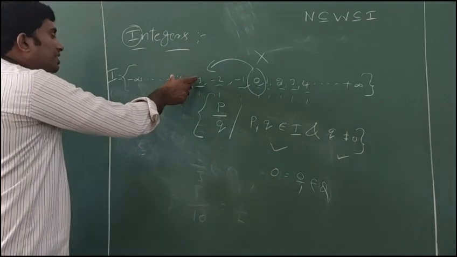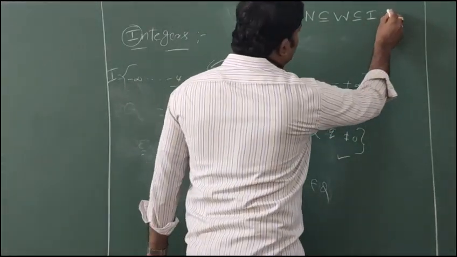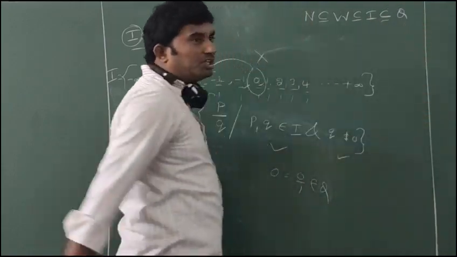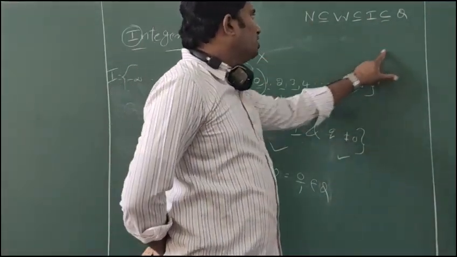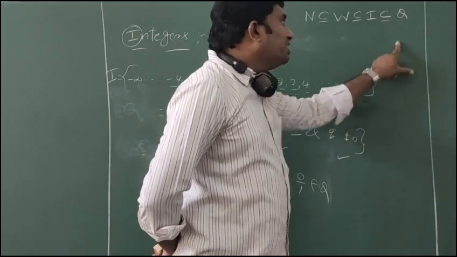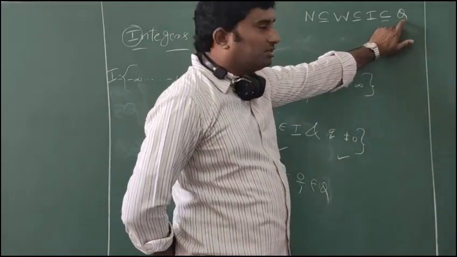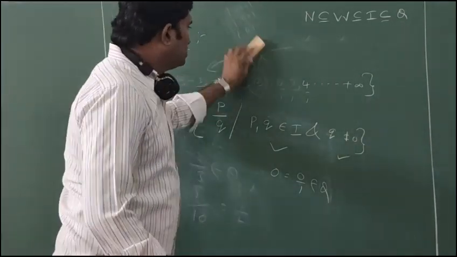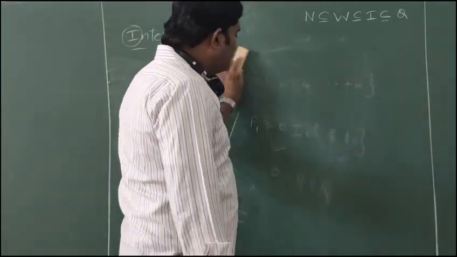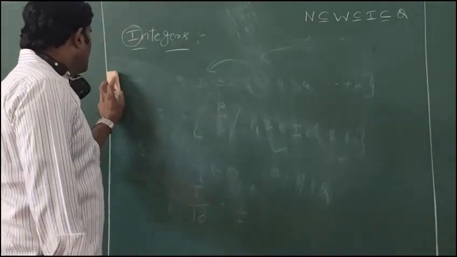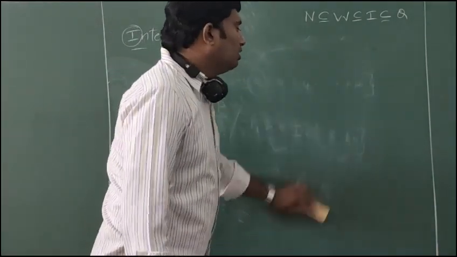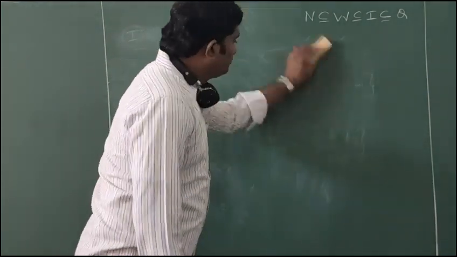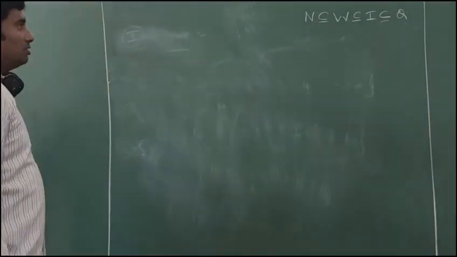So every integer is a rational number. Therefore, every natural number, every whole number, and every integer set is a subset of Q. Q is nothing but the rational numbers of the form P by Q, with P and Q integers and Q not 0. Numerator 0 is no problem, but the denominator must not be 0. So those are the four sets. Next are prime and composite numbers.